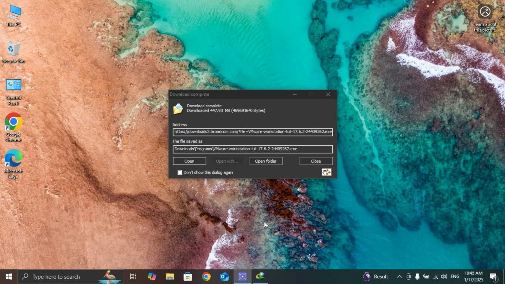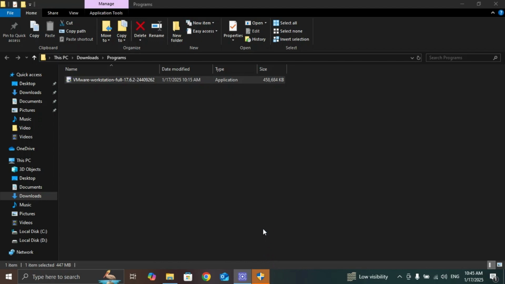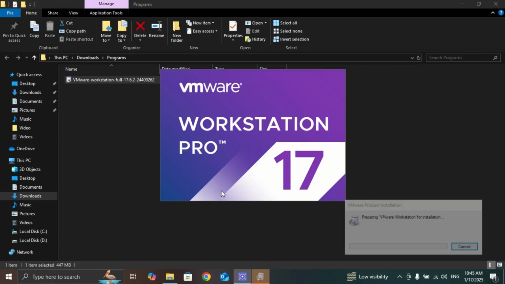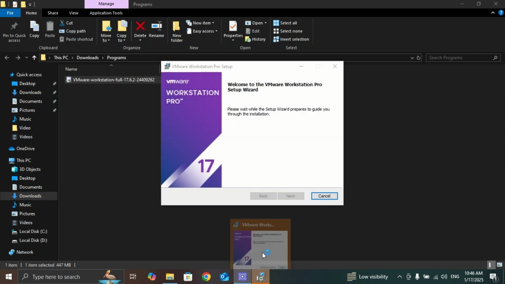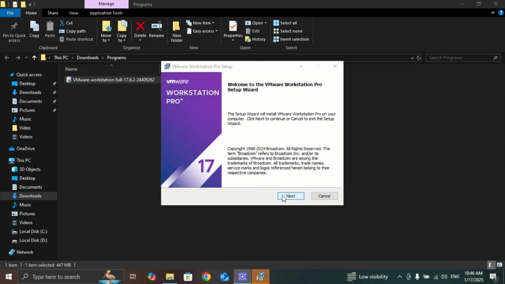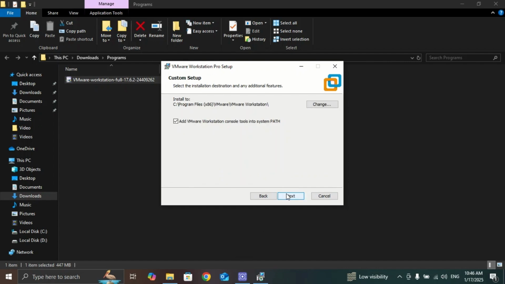Once the download is complete, locate the file in your downloads folder and run the installer. Click on next and check the box I accept the terms in the license agreement. Click on next again. Click on next again